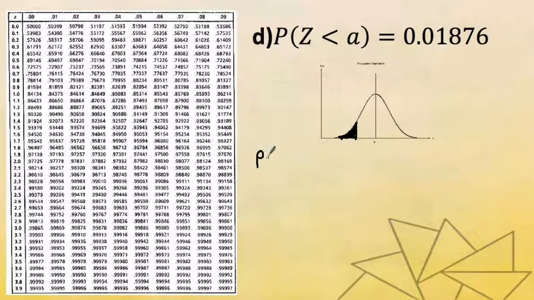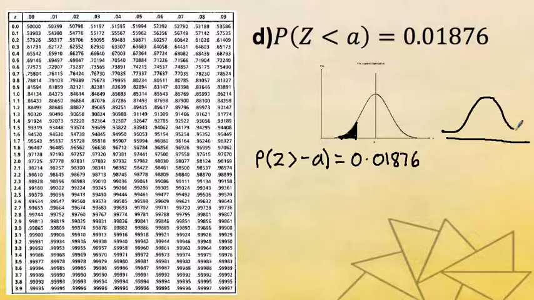So what that tells me straight away is, in fact, what I'm looking for is z greater than minus a equal to 0.01876. And again, we're using the symmetry of the graph. So in fact, what I'm looking for, if I had this graph, is I'm looking to read the tables to find a probability like that. Now, in order to find probability greater than, I know that I'm going to have to use total probability. So I'm actually going to be finding 1 minus the probability of z less than minus a equal to